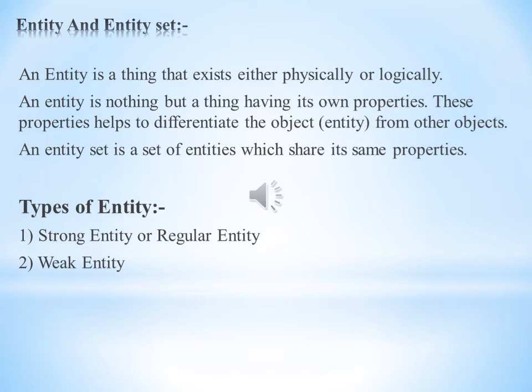An entity may be a physical object, which is a house or a car. This is an example of an entity. A house or a car is an entity, or an entity may be a logical concept like an event, such as a house sale or a car service, or a concept such as customer transactions or orders, and these are logical concepts in the entity relationship model.